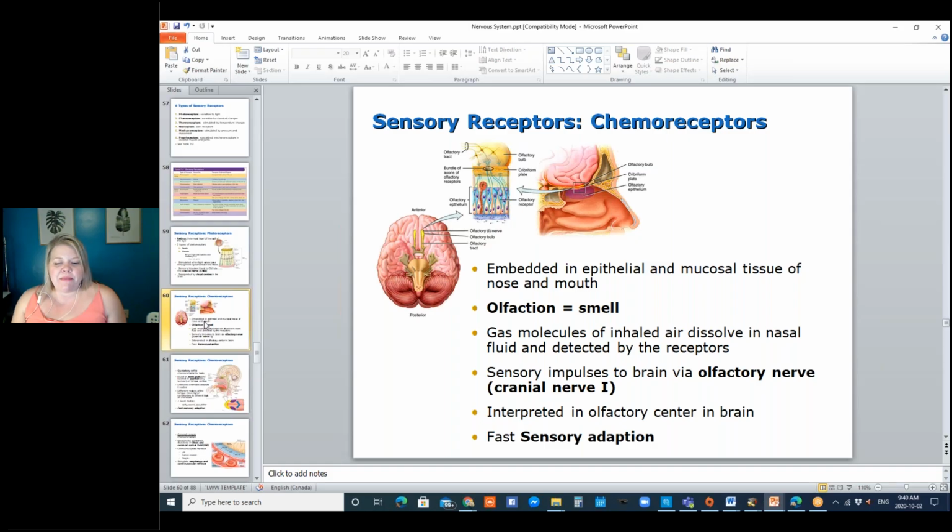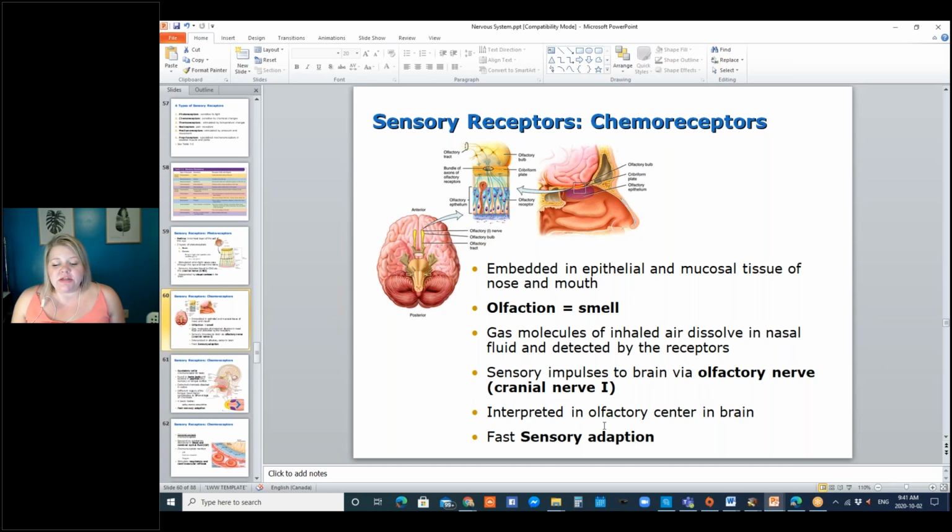Chemoreceptors are embedded in the epithelial and mucosal tissue of the nose and the mouth. There is a strong connection between the sense of smell, which is olfaction, and taste. And as I mentioned before, where those receptors are found and how that all works, gas molecules of inhaled air are dissolved in the nasal fluid and picked up by these receptors. So when you're smelling something good, like baked cookies, you're actually getting pieces of molecules attaching to these receptor sites and conveying an impulse through the olfactory bulb, which is cranial nerve number 1,